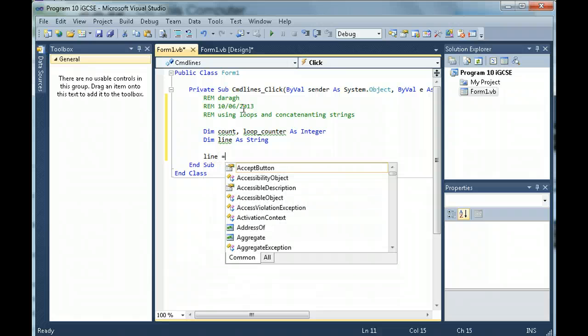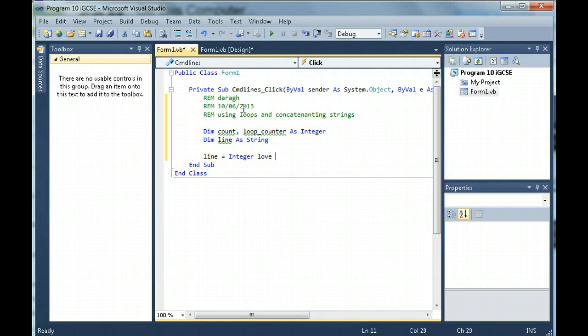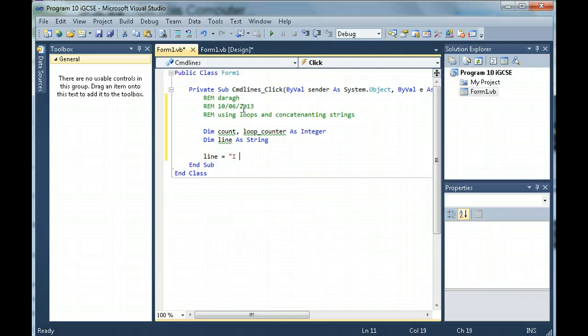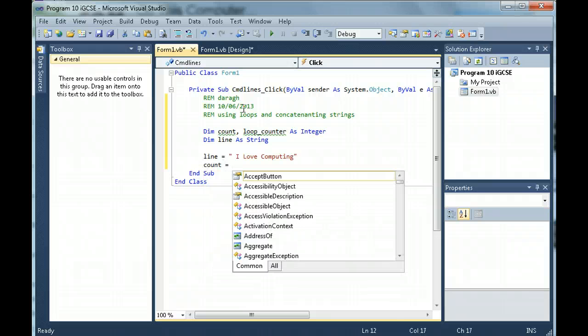The line is obviously equal to "I love computing". Because I'm going to concatenate that, I'm just going to set a little space here. So a bit easier for me. Saves a bit of time later. Now I'm going to ask the computer how many times I want that. So count is equal to